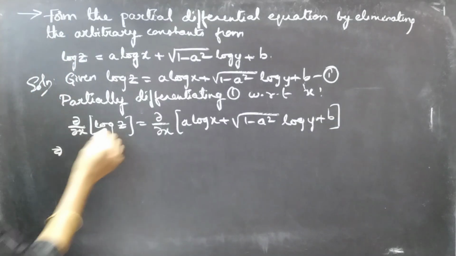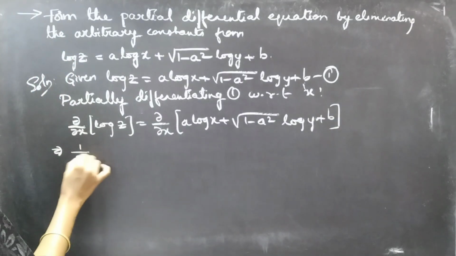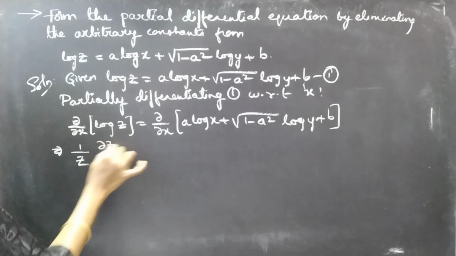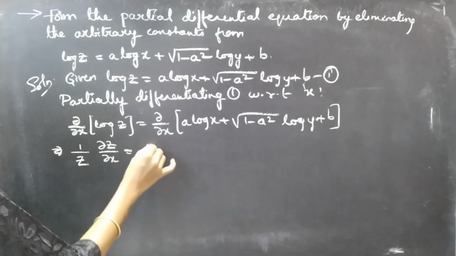Partial derivative of log z with respect to x is 1 by z into inner derivative dou z by dou x equal to